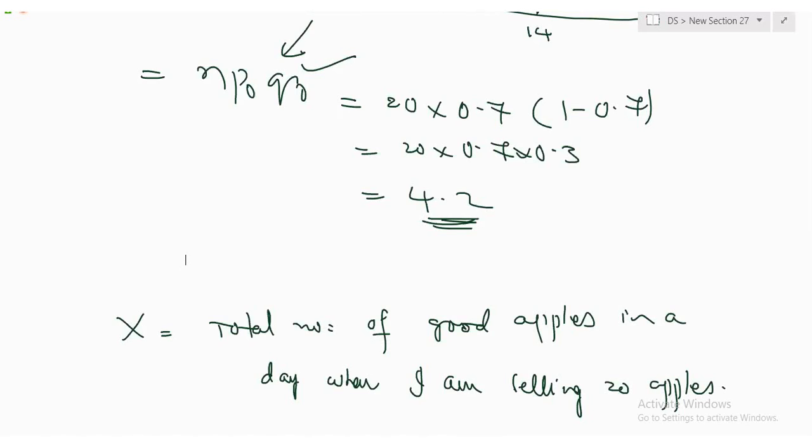You guys are understanding? 70% of the time I sold good apples. I mean each apple being a good apple has a 70% chance. Now I have 20 apples. Tell me how many are going to be good apples? How much? 20 into 0.7, 14 apples. This is the average, right? Average means what? Center? Center means what? 50% chance? Yes or no? What I'm saying is,